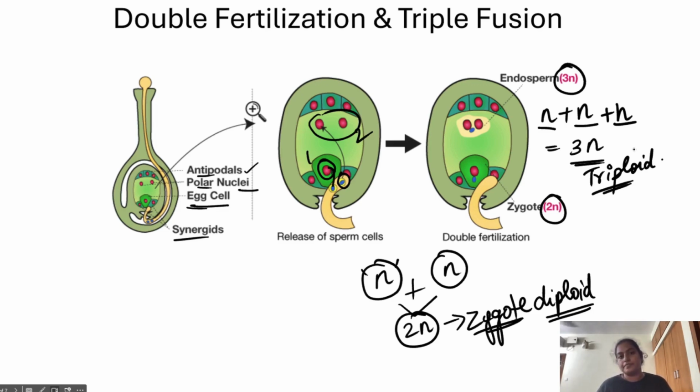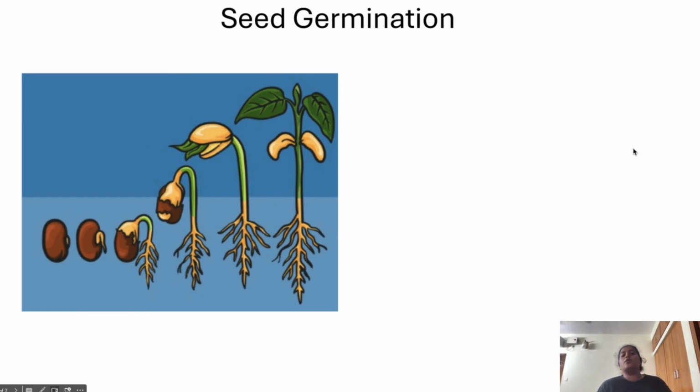Simple as such. Now, talking about seed germination, we have the ovule, we have the seed, we have the fruit. Now we are very happy eating the fruit, and we are throwing away the seeds. The birds are there to help us throw away the seeds everywhere. Now suppose I want another apple tree, I want more such apples. I need to procure all the seeds. If I just have the seeds, will I get the apple tree? No, I won't get it, right? The seeds will be seeds if you keep them in your hand, imagine you are having a handful of seeds.